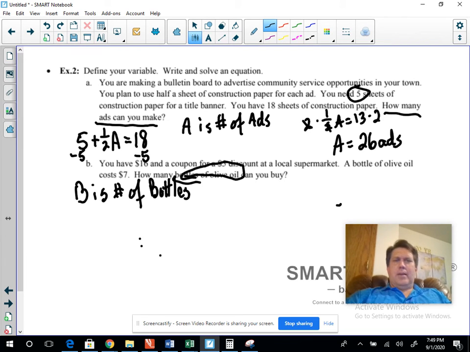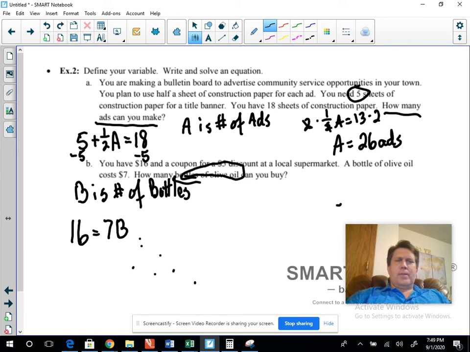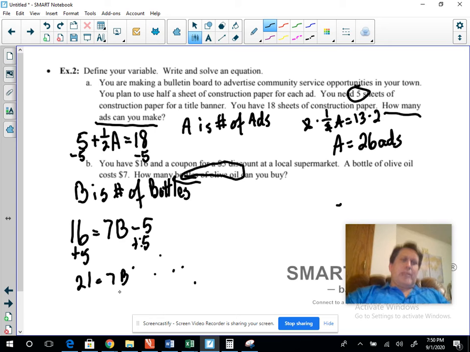So you have $16 and a coupon for $5 for a discount. So our 16 is our total. So I'm going to start with 16 equals, each bottle of olive oil costs $7. So it's $7 for a bottle, but I'm going to take $7 times each bottle, but then when I bring it up, I have a coupon for $5 off. So 7 times my number of bottles I buy, subtract 5 because coupons take away from the price. I'm going to add 5 and I get $21 equals 7B. So I'll divide by 7